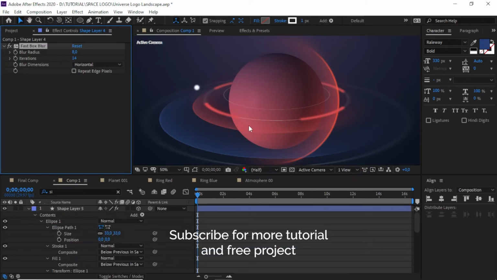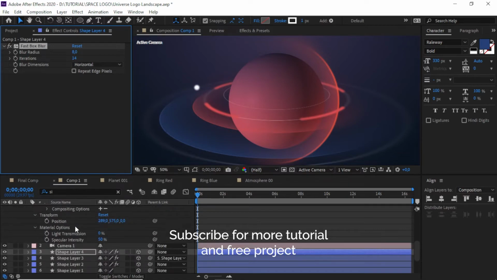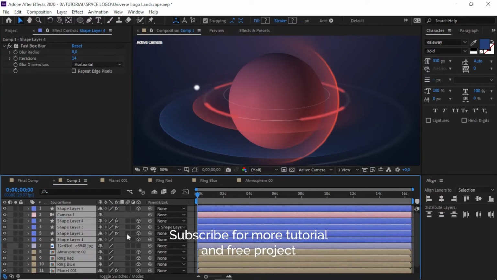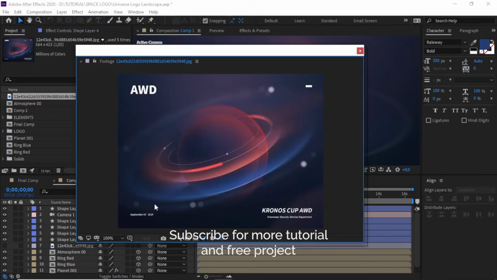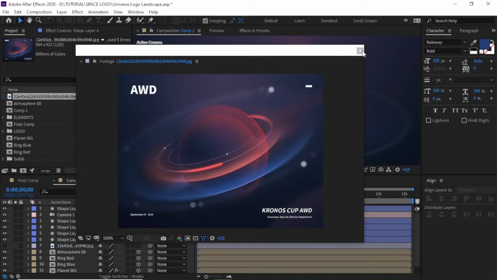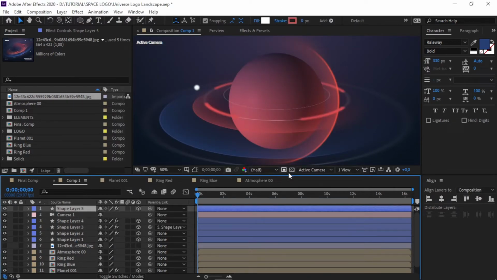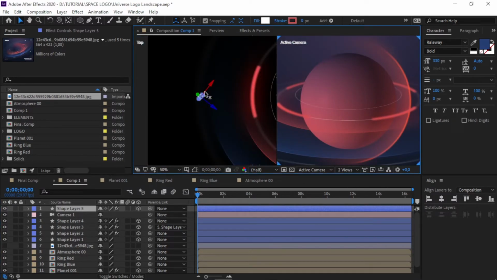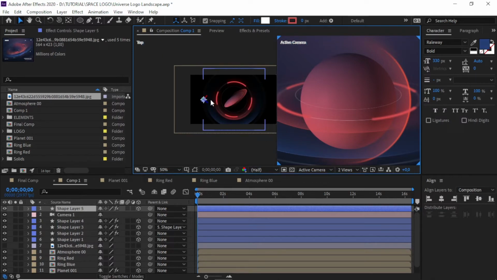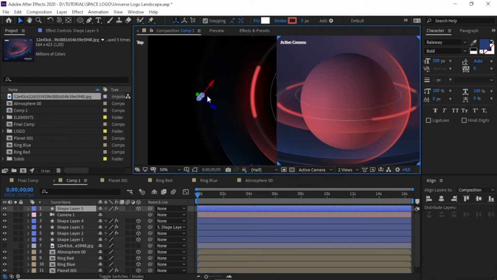So since our asteroid has many places in the outline, if we move this layer manually, it will be hard to do because it has different orientation depending on our camera.